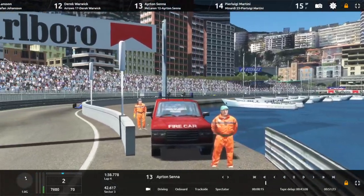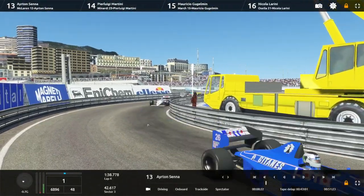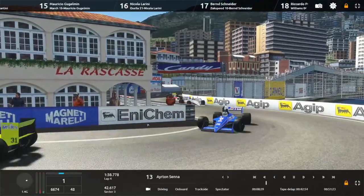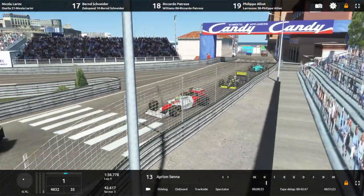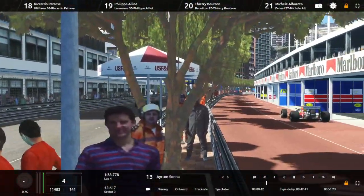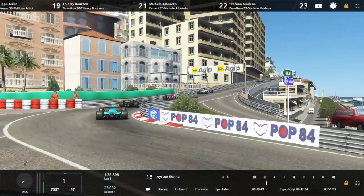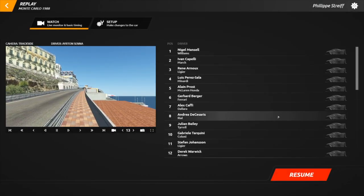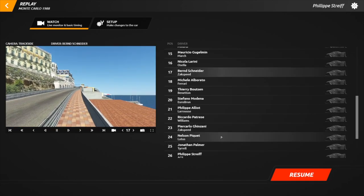There it is, Derek Warwick that Johansson just got past. And unfortunately, I don't actually reckon we'll get many overtakes for this Grand Prix, just the fact that it looks like a rear wing on the exit of turn 1, the Sandervoort. And actually, to be fair, I think we saw an overtake. The exact speed in P17 is probably why we saw the overtake, because of the pure slowness of the Zach